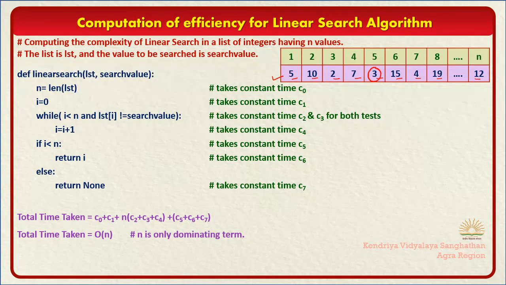Then what we will do, this is the code defined here. It is a simple function, and I hope you have learned this already in class 11th. There are many statements taking constant times and a loop running maximum for n times. So what we do in this algorithm, we compare the search value with the value already stored in the list one by one. We compare for the first value. If it is not there, then we compare for the second value, then third value, then fourth value, and when we reach the value we are searching, we end this search.